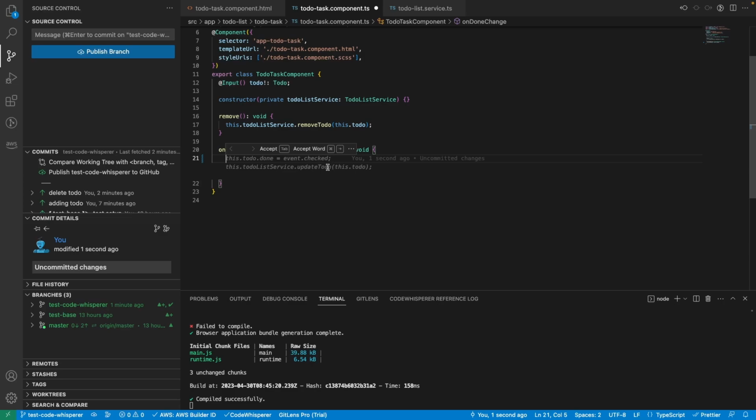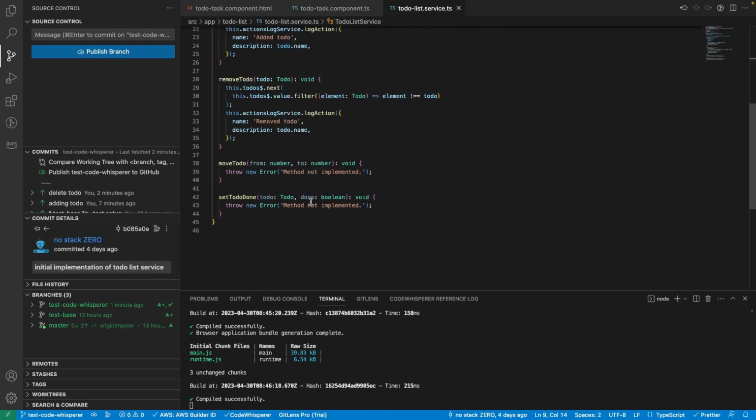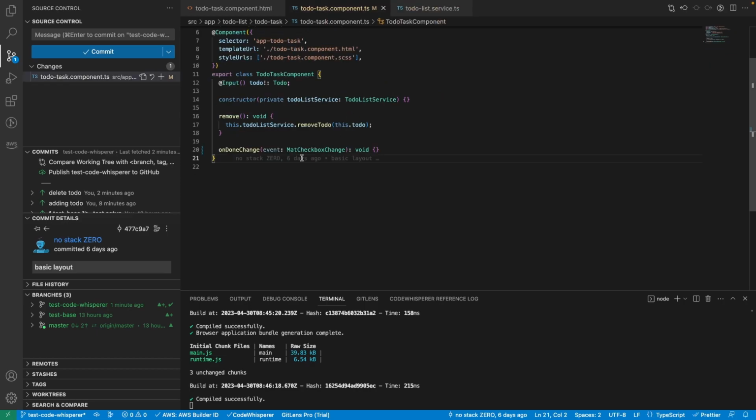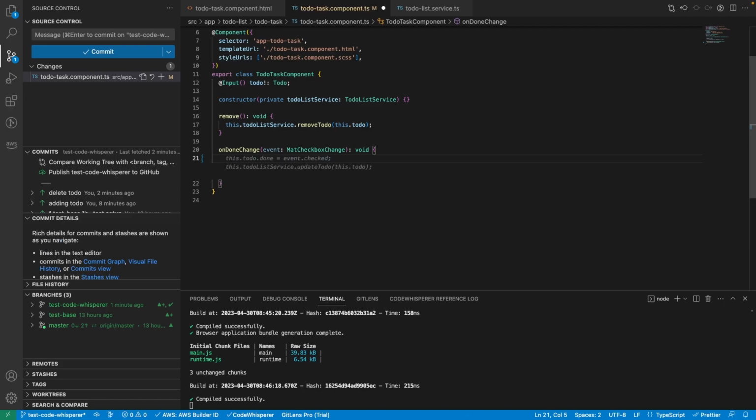And again, I don't think that's the name of the method that I have declared in the service, because here I have a method set to do done with this signature, so it doesn't work that great, but